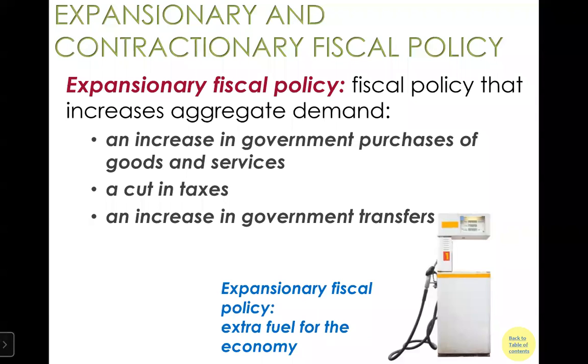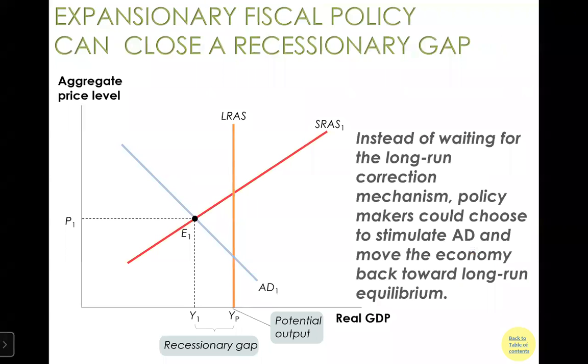You may be wondering why we may want to slow down the economy. It could be the case that the economy has been overheated. It's just like your car, right? If you're already at around 80 miles per hour on the highway, you may want to slow down to avoid some dangerous car accidents, right? This is kind of similar for our economy. Okay, so this is expansionary versus contractionary fiscal policy.